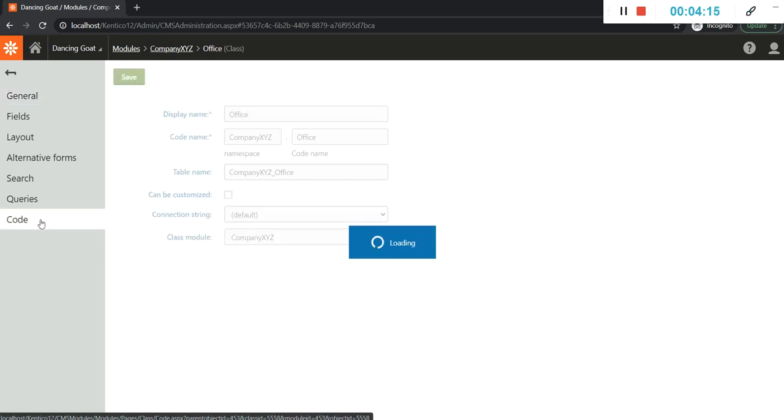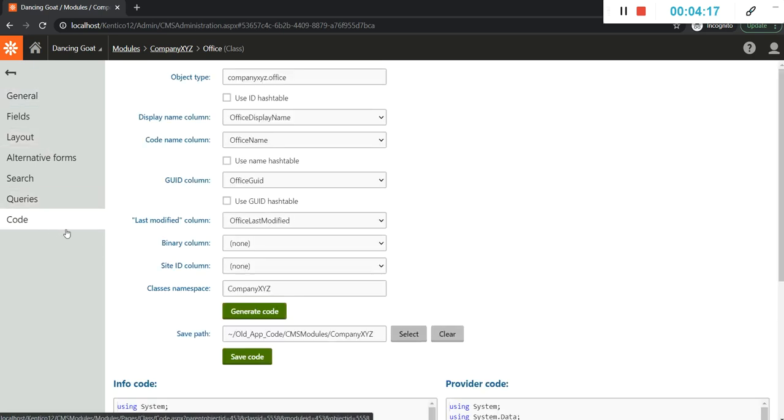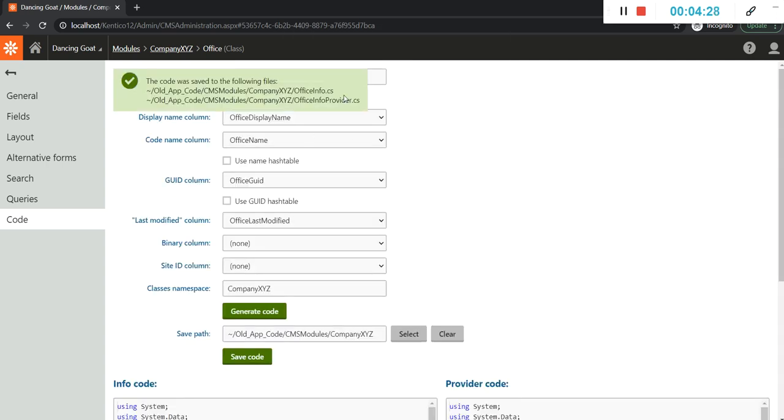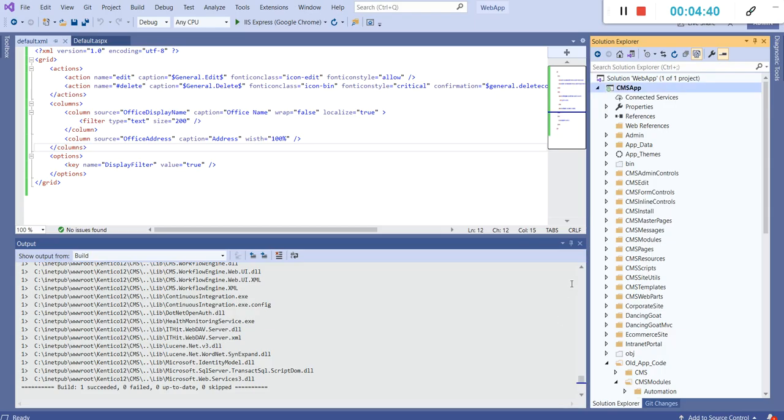Now we will switch to the code tab of the module, click on generate code, and save the code. Once the code is saved, you can see that code files have been created and generated into the old app code CMS modules folder.